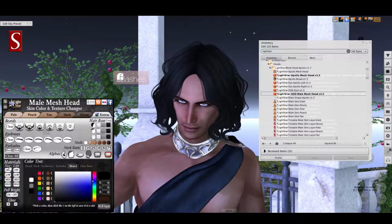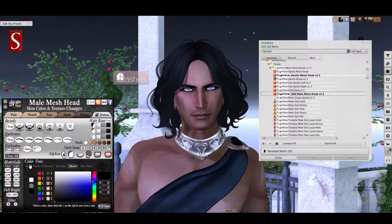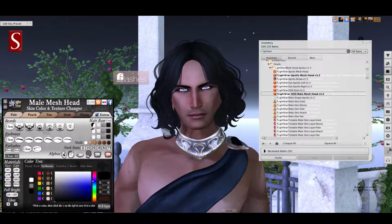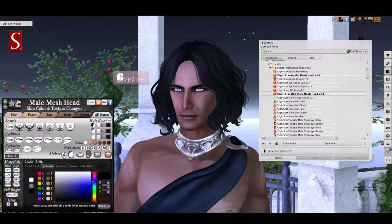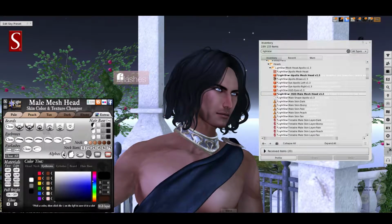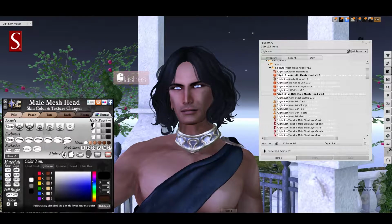And then you have materials separately for face and lips. And then of course you have tints for the eyebrows, the eyelashes, the beard, and the hair base. So quite a versatile little HUD, I think. Maybe it doesn't look as nice as the Liloka HUD. I've said that before. It's not as polished, but it really has almost everything you need in